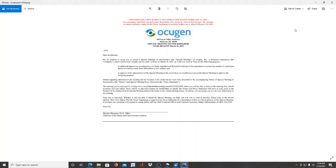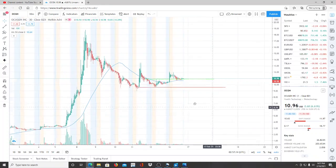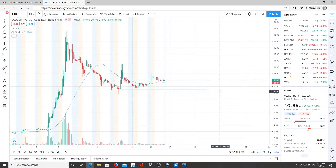Now, what does it mean for Ocugen to increase their stocks, right? Common stocks in total from 200 to 295, 200 to 250, 200 to 300, or wherever it goes. The main thing is they're trying to increase their amount of common shares of common stock. So obviously, usually when that happens, the stock price goes down. So while investors are not aware, we might see this stock either consolidate, maybe even spike up. And then once that moment comes that this is reported and others are aware, we are going to see a